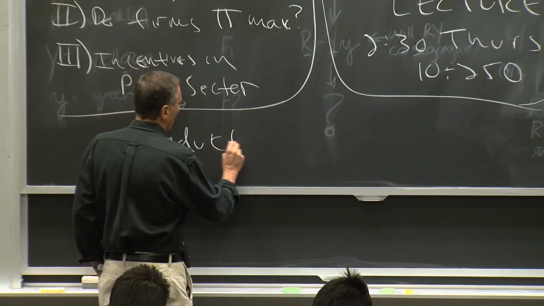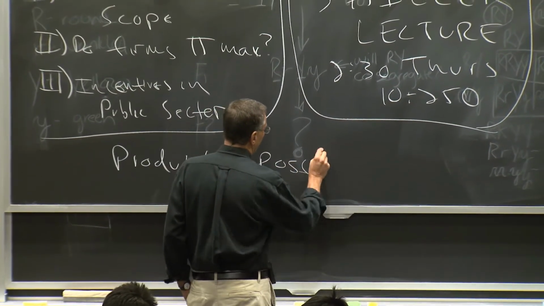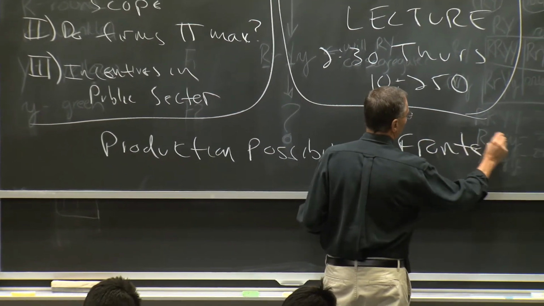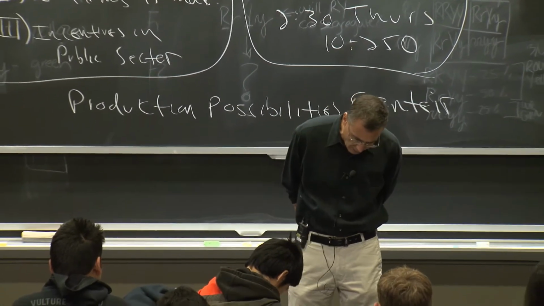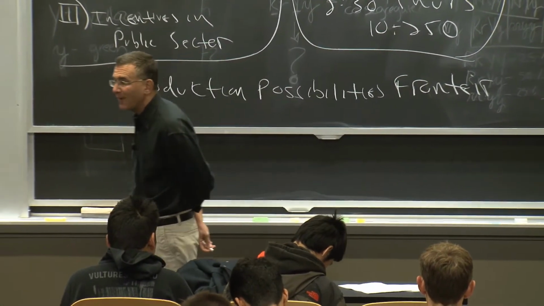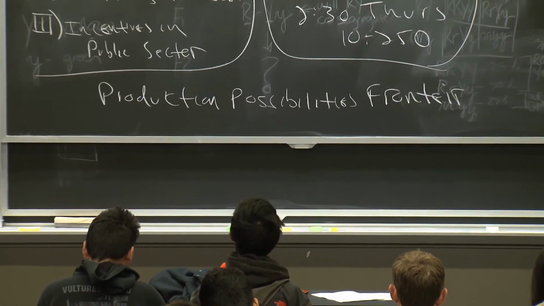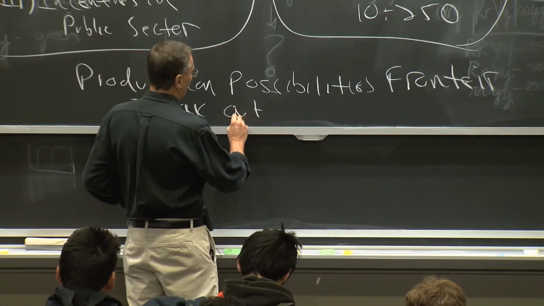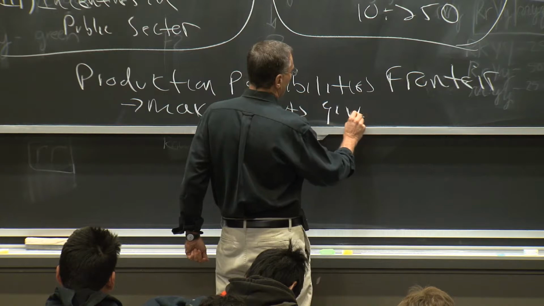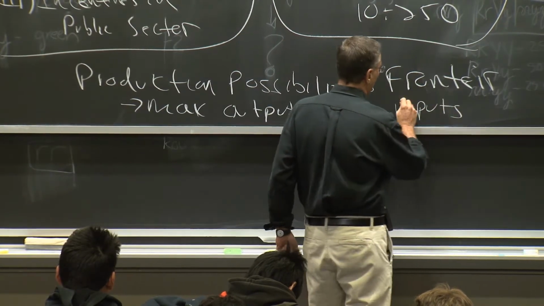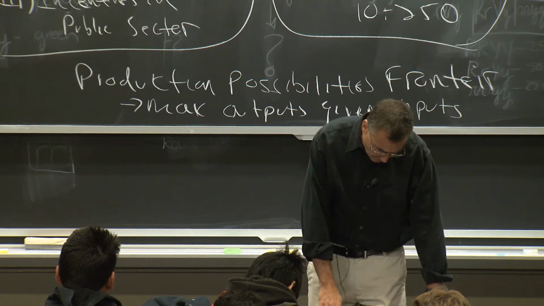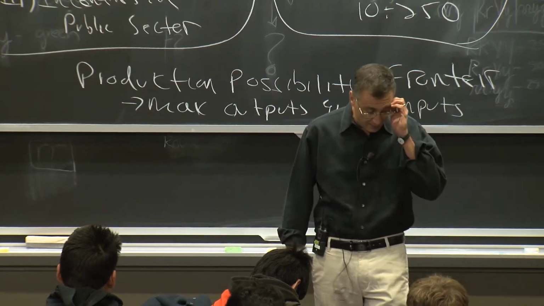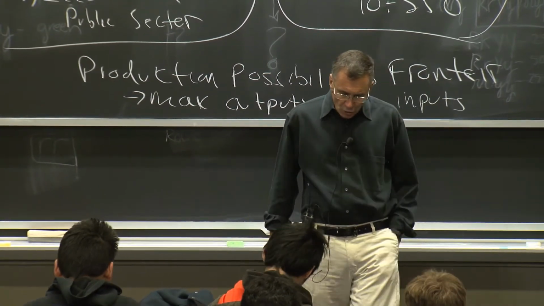It's a new concept we're going to introduce. And the production possibilities frontier shows the maximum combination of outputs that can be produced for any combination of inputs. So max outputs given inputs. Okay? And we can see a production possibility frontier in figure 9.7a. Okay? So basically,